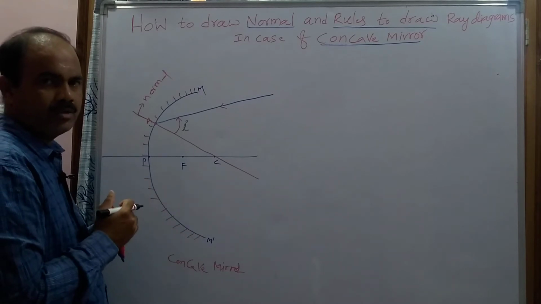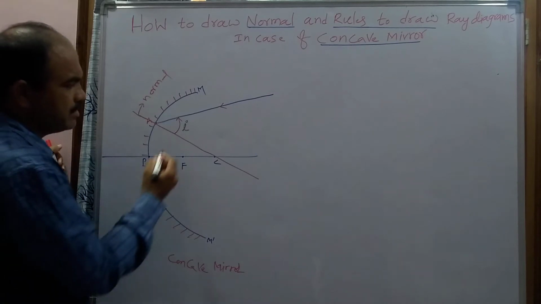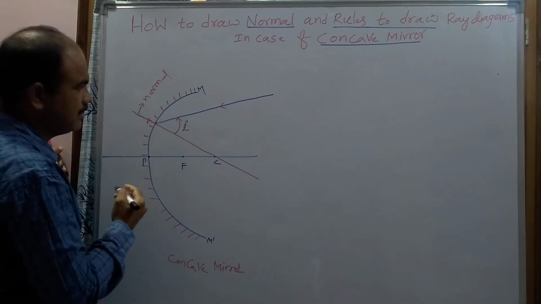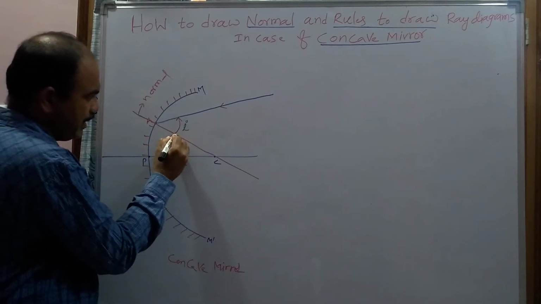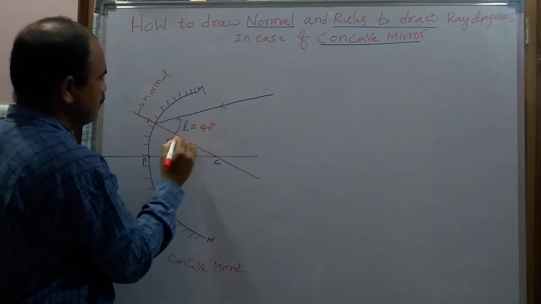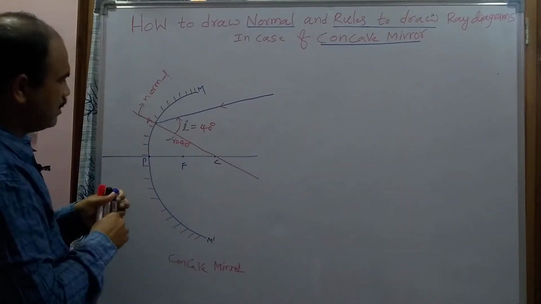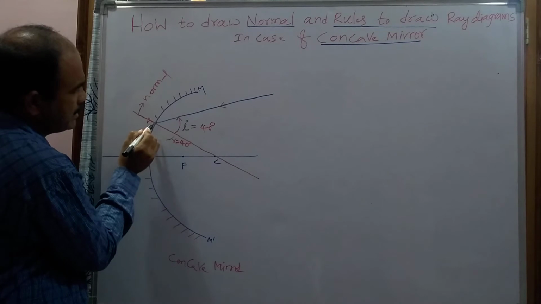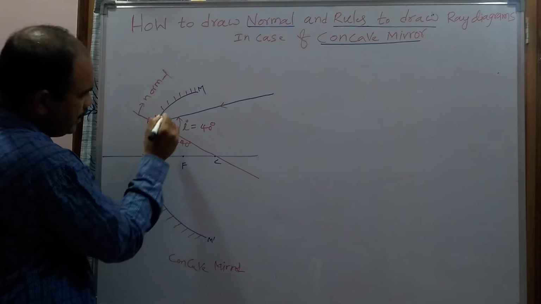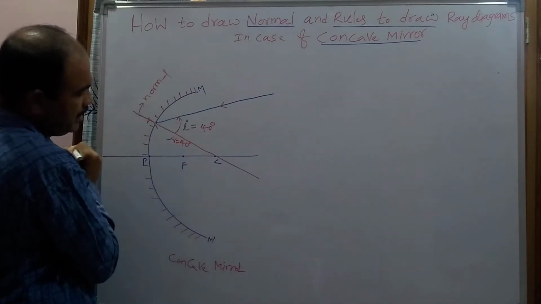So that is a simple technique to draw the reflected ray. Take the protractor again and set an angle, taking the normal as a reference. Then the same angle is adjusted. For example, if the angle of incidence is 40 degrees, then using the protractor set the same angle of reflection, that is 40 degrees, exactly opposite to the 40 degrees, from the point of incidence.